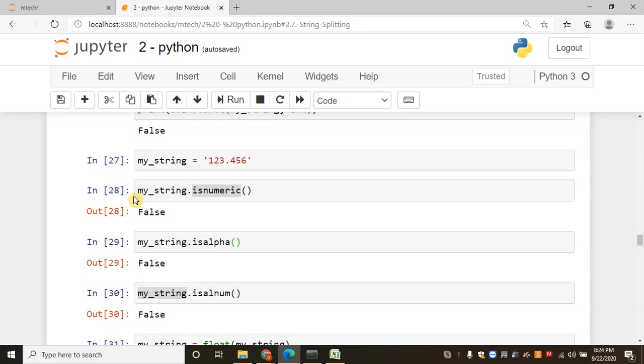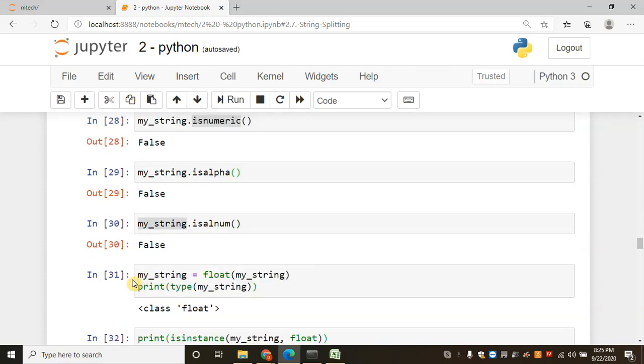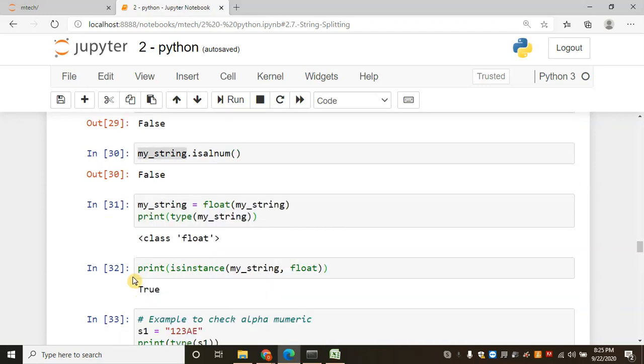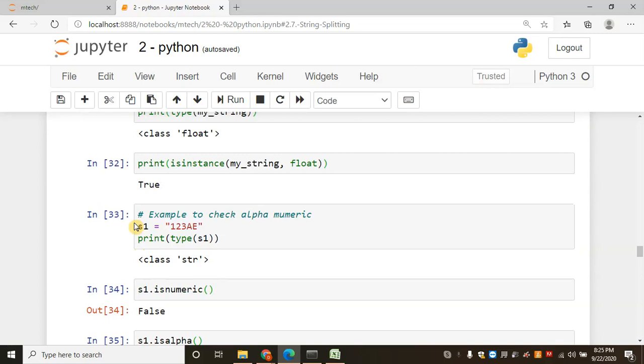So if I check isnumeric, which checks for numbers, or isalpha, which checks for alphabets, or isalnum, which checks for alphanumeric, all will result in false. So here I am casting type float to my string and I am checking isinstance of float, then I get true.